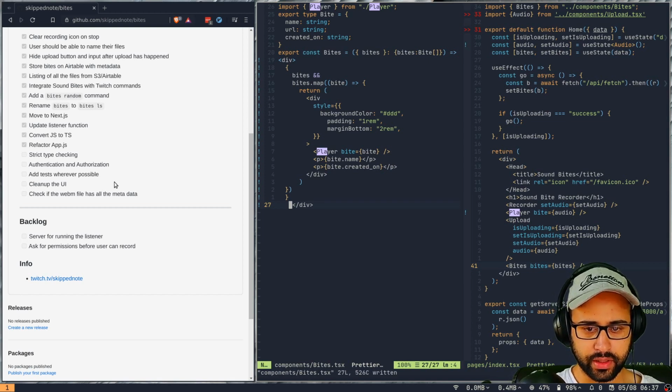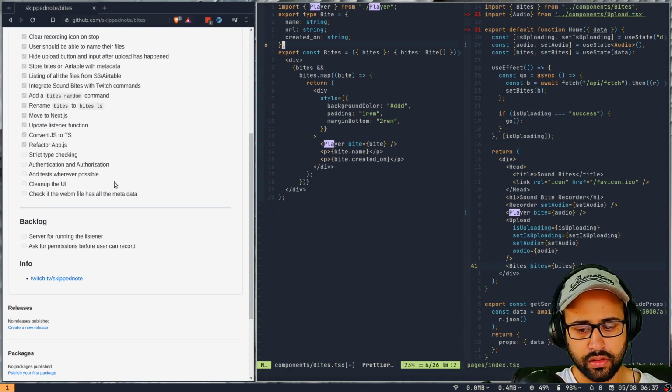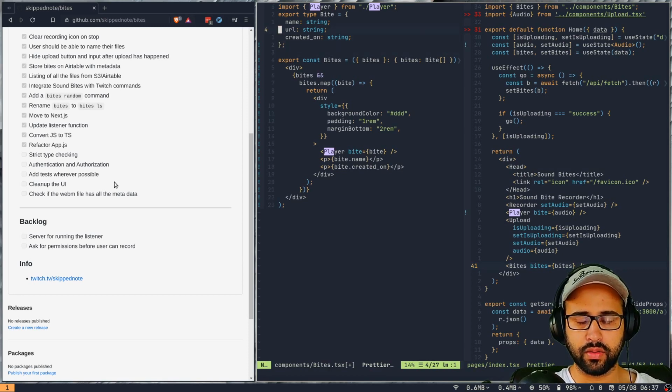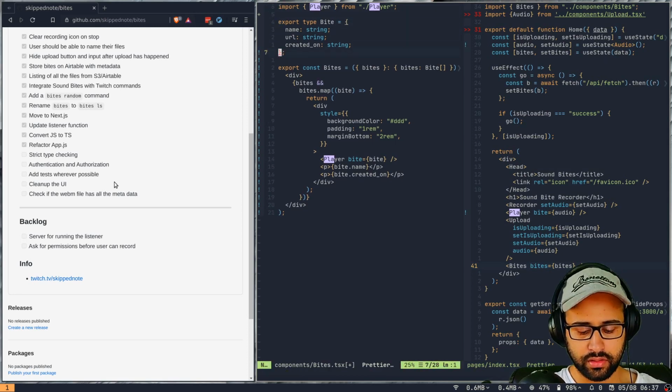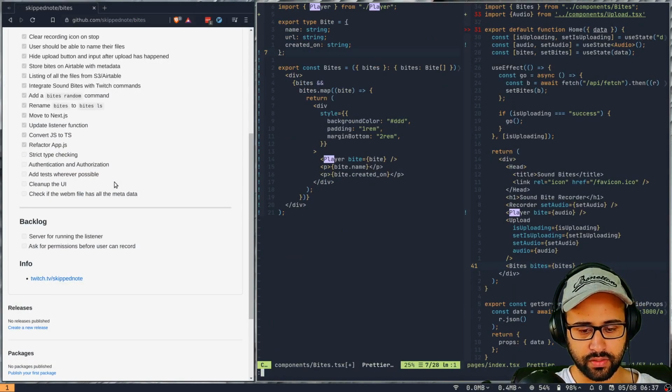Why is it not formatting it? It doesn't seem to have any errors. Something is wrong here. Oh no, it's fine. I think the important thing is that I don't have this enabled for typescript.tsx files, so we can probably go to coc config, not commands, coc config.